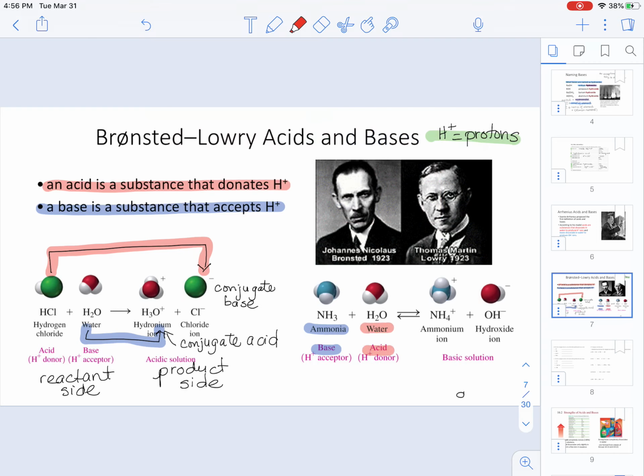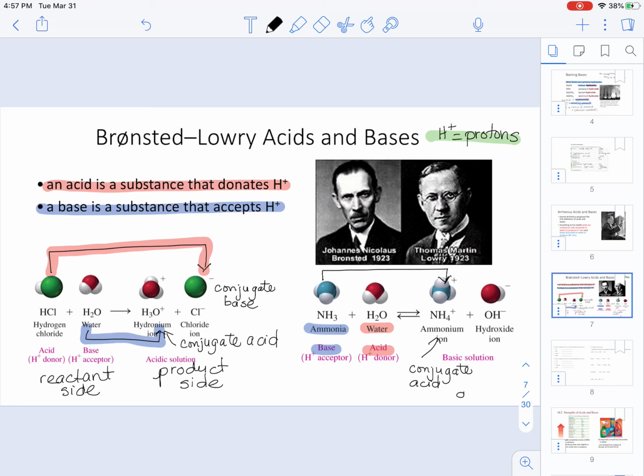That means that since ammonia is acting as a base, it's going to accept a proton. So it's going to go from NH3 to NH4. That means that this ammonium ion that is formed is called the conjugate acid